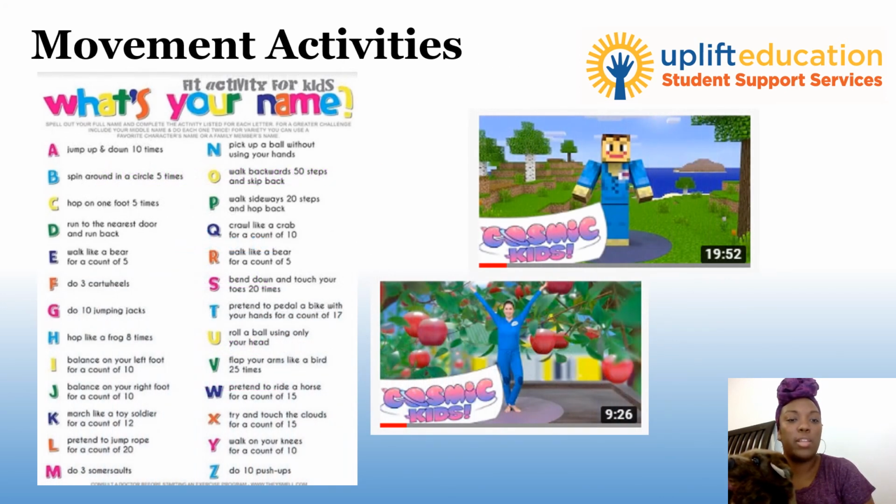Examples of what those are. The first one is what's your name, and scholars spelling out their name and then doing the workout. But you also can get extremely creative with this. If scholars are working on sight words, they can spell out the sight word first and then do the workout. Or they can spell out maybe their middle name or their last name or whatever it is that you feel like. You also could align this to academic content. Feel free to do it, but it also gets them moving and they don't even realize.